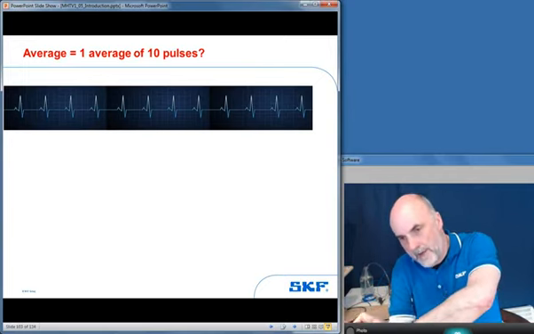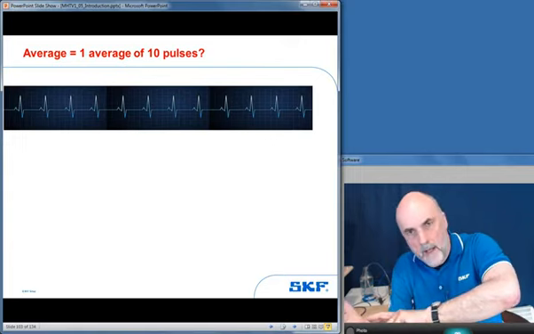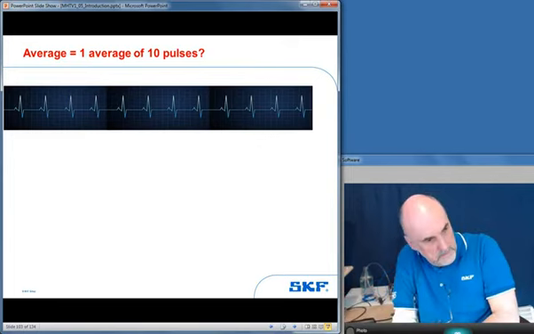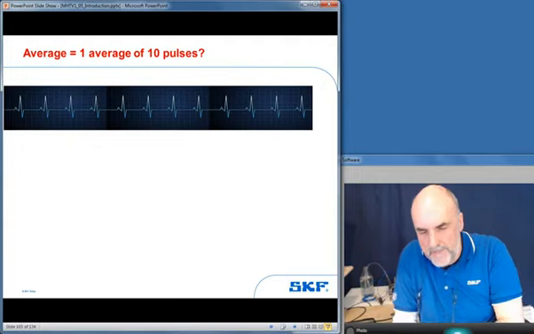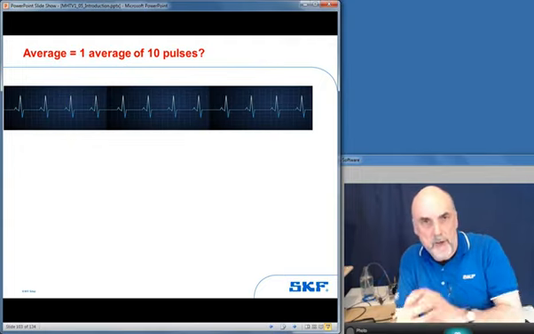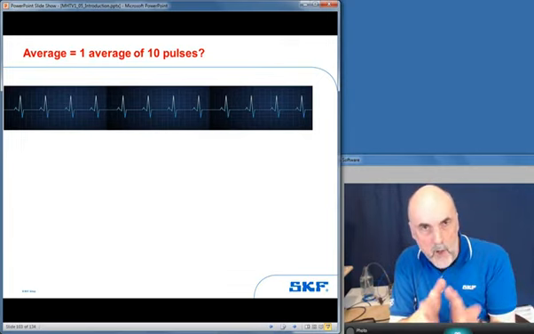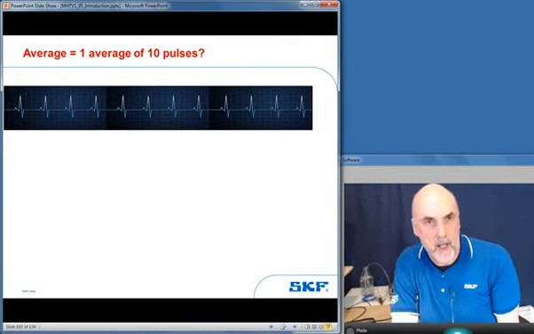And that is the method that certainly SKF recommends if you are trying to measure pulses coming from a slow machine. Because my heart rate, let's just give it a quick feel. I've lost it, I'm dead. There we go. I'm slightly stressed, so it's normally about 60 per minute, slightly higher, because I'm looking at a webcam. But that's not uncommon from a rolling element bearing: one impact per second, or even slower.